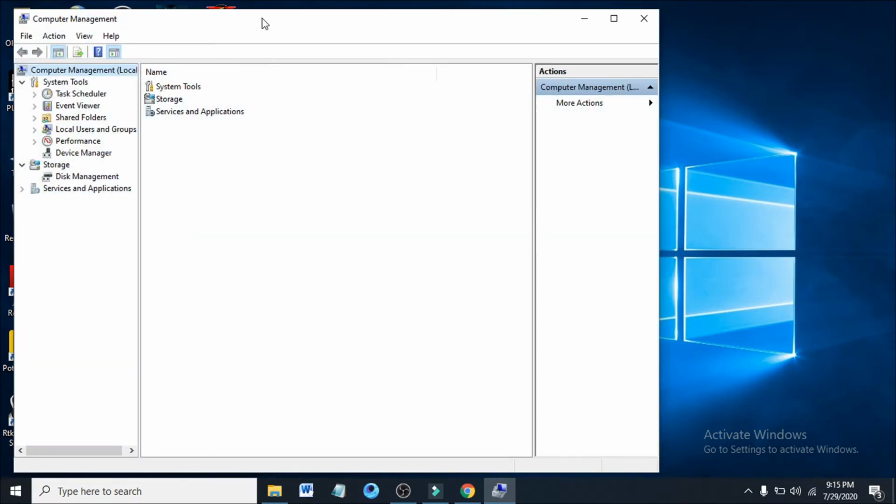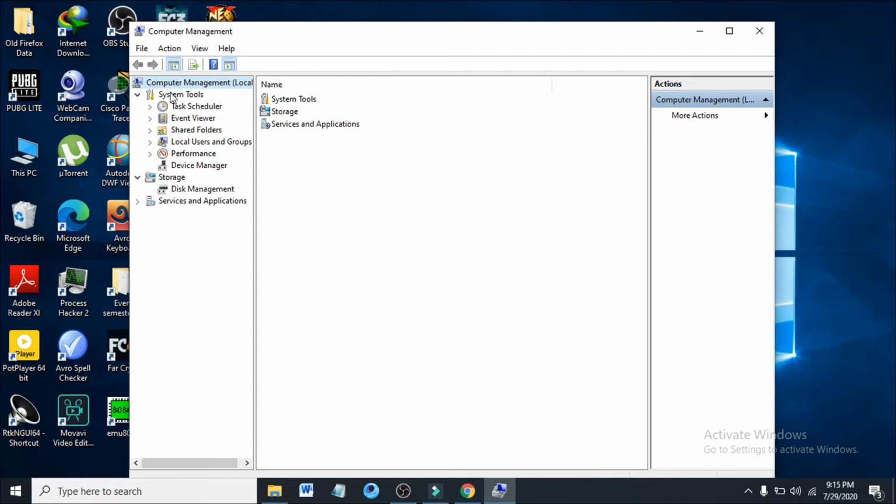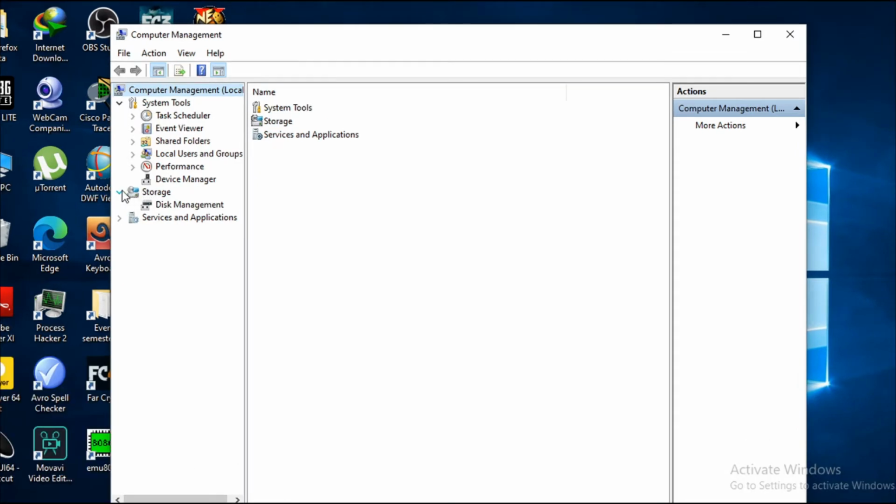After opening the Manage option, scroll down and you can see there's an option called Storage. So if you expand that option, you can see there's an option called Disk Management. Now click on Disk Management